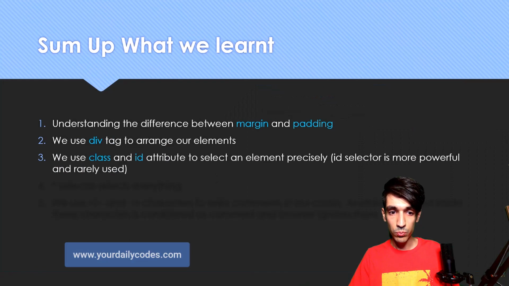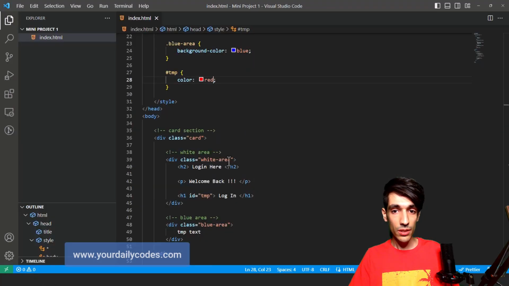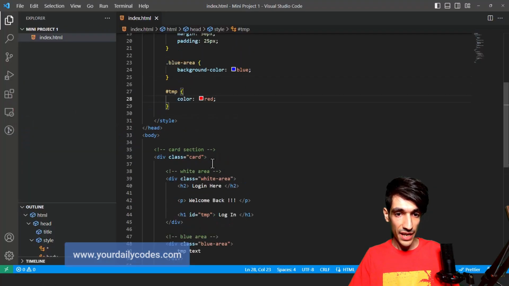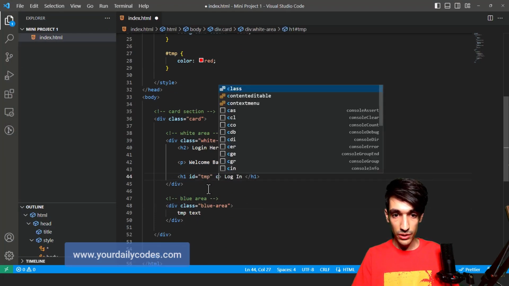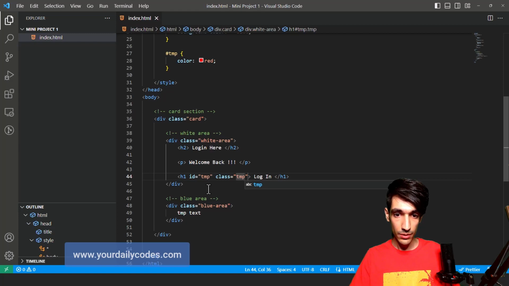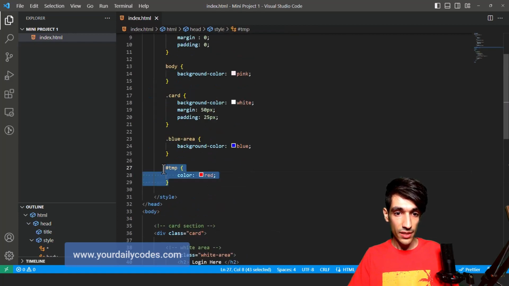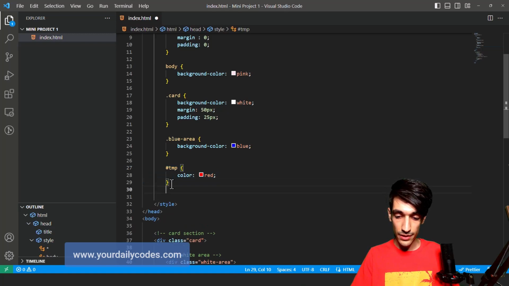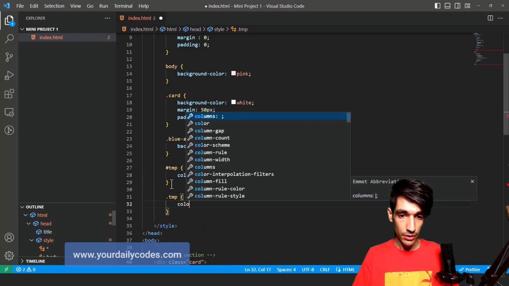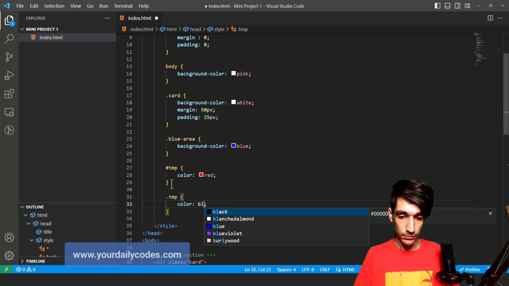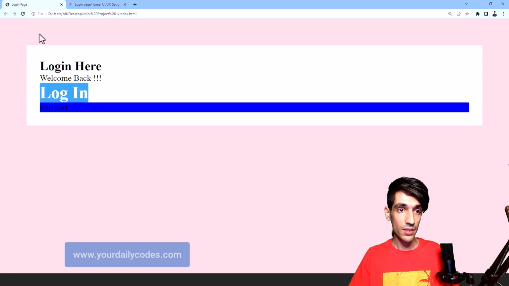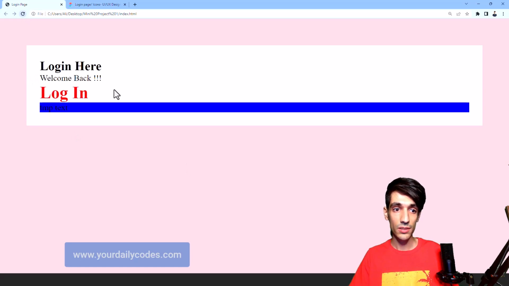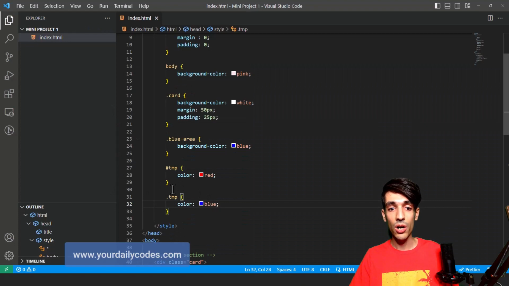But why do I say ID is more powerful than class? Well, let's imagine that something has both an ID and a class. Let's put class temp here, okay? Let's imagine that I say hashtag temp color red, and I say dot temp color blue. When I hit refresh, you can see this is still red, because the ID selector is more powerful than the class selector.